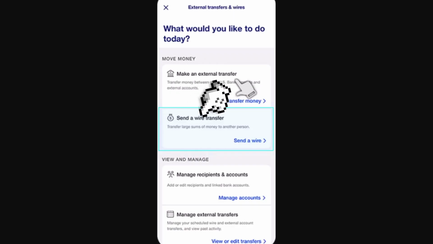Wire transfers allow us to send money to other countries. This is easy to do with this option. You need to click send wire and then you need to add the contact that will receive the money. You also need to select an account to withdraw the money from to send it to this person. It's really easy. You can add the account and click this button right here, and then